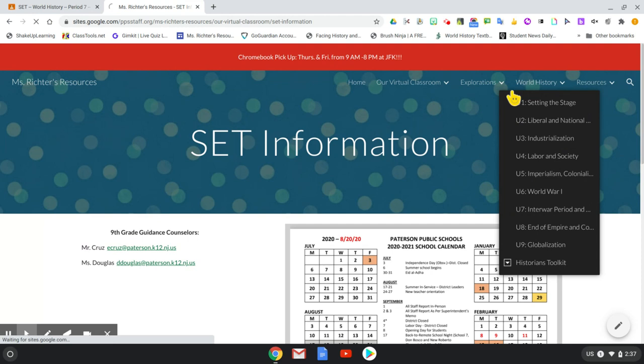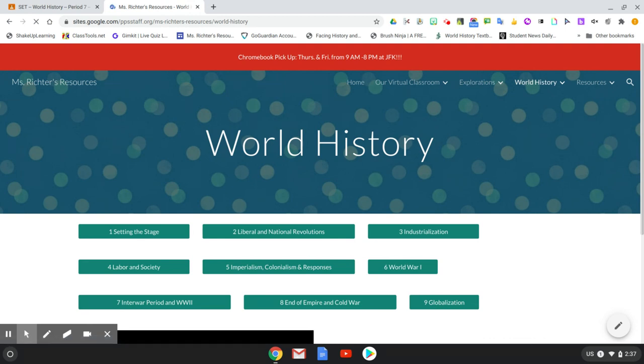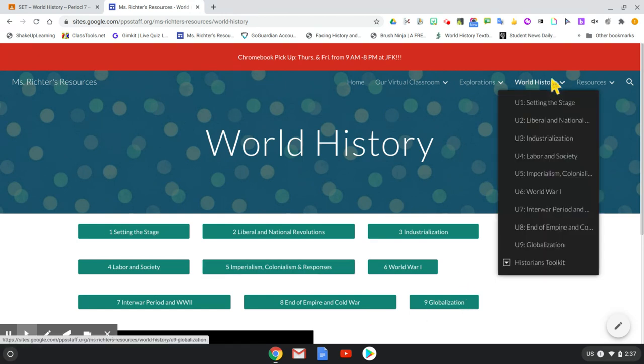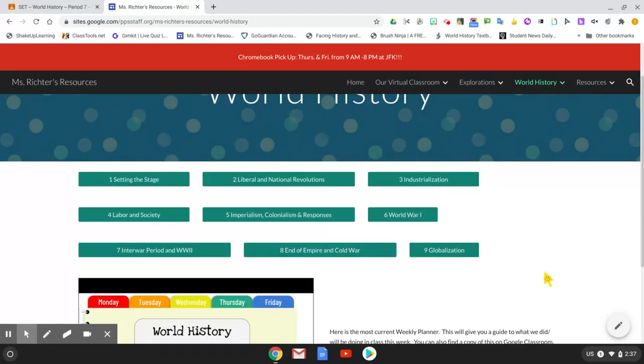Okay, where I want to go now real quick is over to the actual world history section, since that's what class we're in. What you will see first, buttons to take you to all of the unit pages. You can also get to the unit pages just by hovering. Right now, not a whole lot posted, not even for the first unit. It'll fill up pretty quickly though. What I do want to point out,